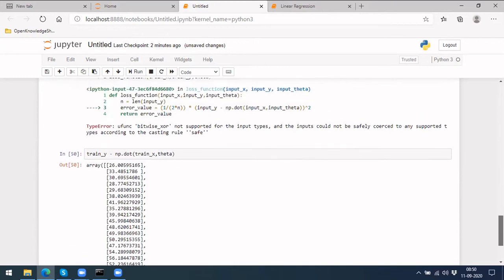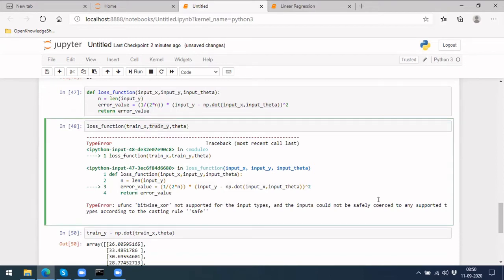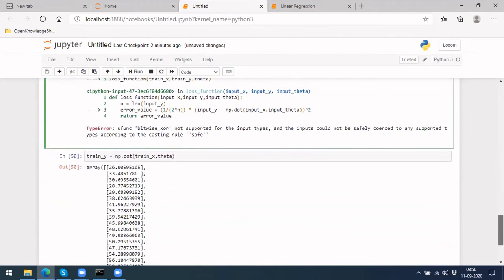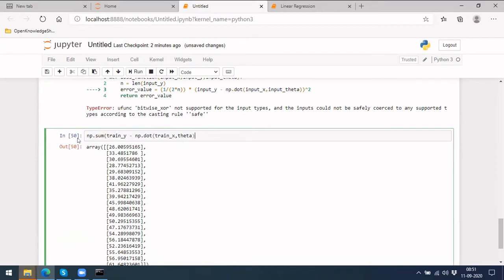And the next step is doing the square. But why do we need this square? Actually we need it for the derivative calculation. So if we need it, let's also do it, it's not a problem. np dot sum of, so there is a square, right?